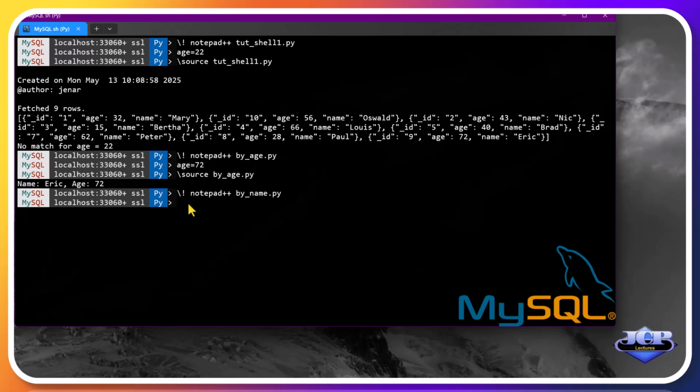Closing the editor, now we can create the parameter name storing Oswald, and run the script by_name to display the record. There's one, as you can see.